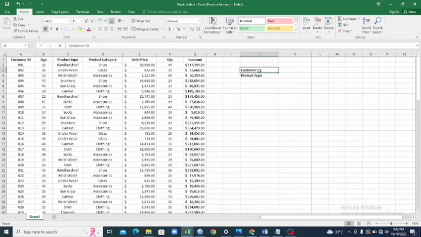In cells J3 and J4, I have customer ID and the product type. So I'll be looking for the product type a certain customer with a known customer ID purchased, and that will be displayed in K3 and K4. So at K4, I will type the function. Like I've told you in a previous video, whenever you want to type a function in Excel, you start with equal to,